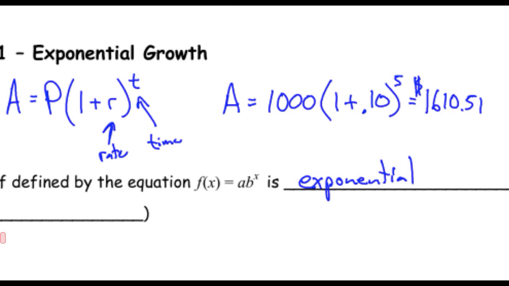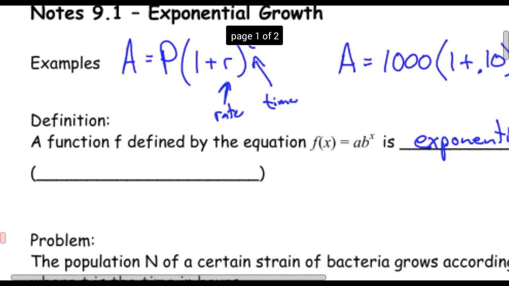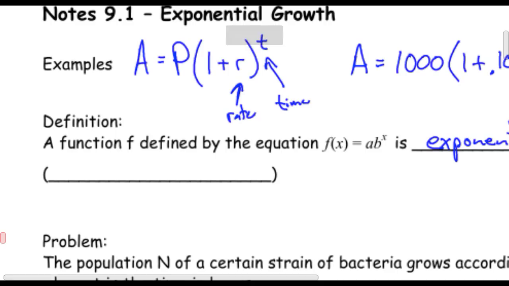I like to call it a mathematical explosion. A function that has a variable, like our time t, in the exponent is an exponential equation, and really it grows really